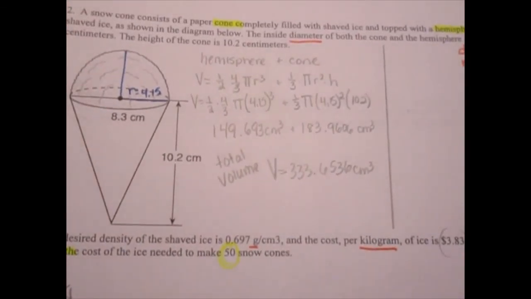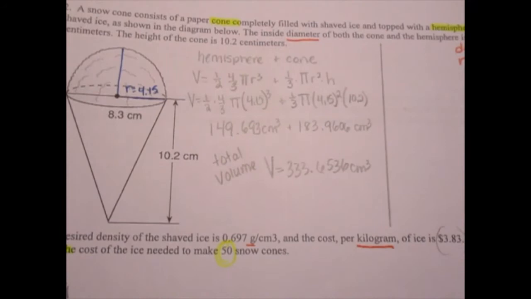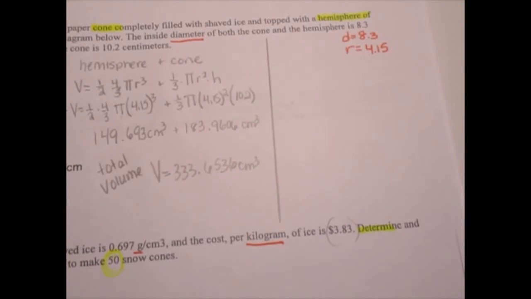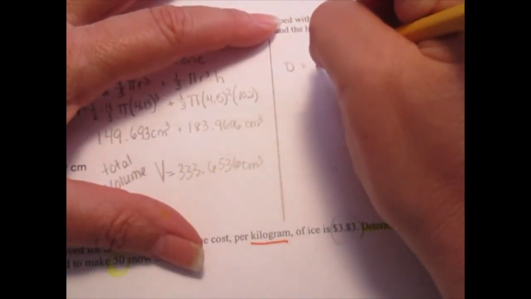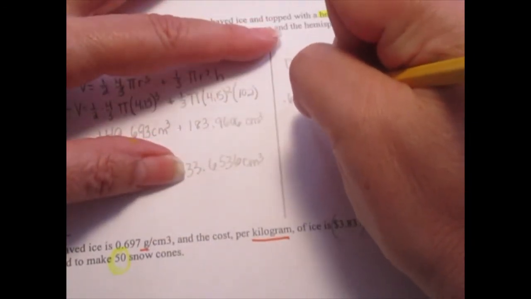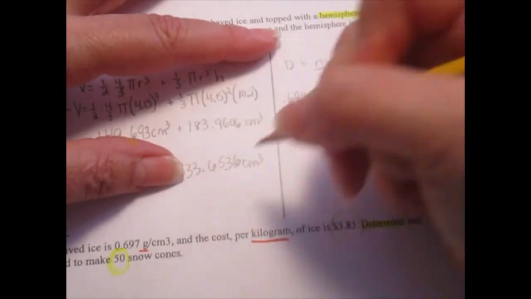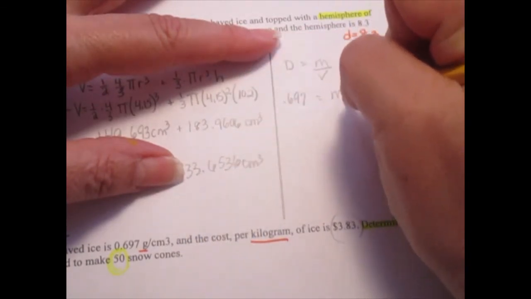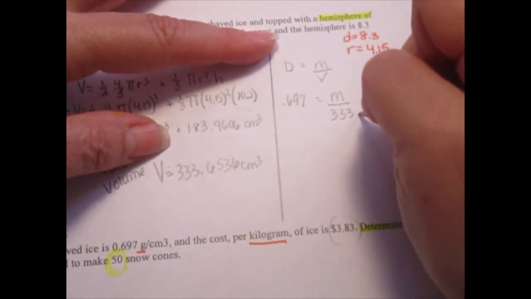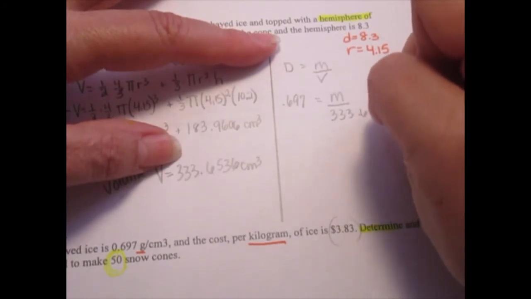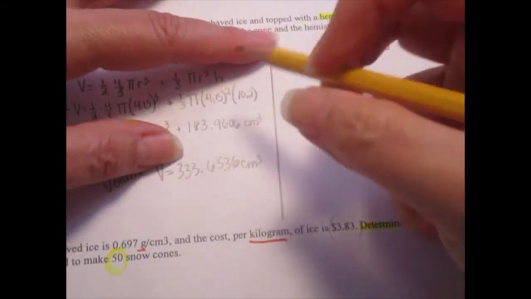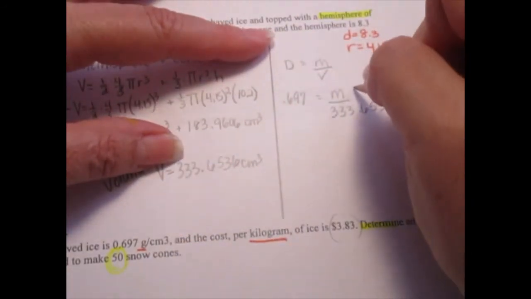Okay, now rereading down at the bottom, it says that the density is equal to 0.697. So over here, I'm going to organize. Density is equal to mass divided by volume. I know the density is 0.697 grams per centimeters cubed. Mass divided by volume, and your volume is this volume that we got from over here, 333.6536. Now this is in centimeters cubed, so if this density was in grams per centimeters cubed, then my mass